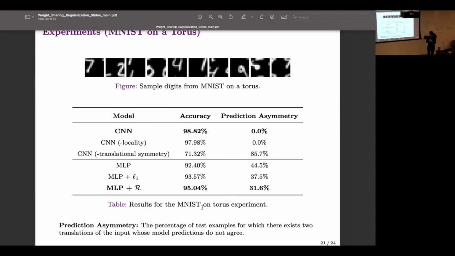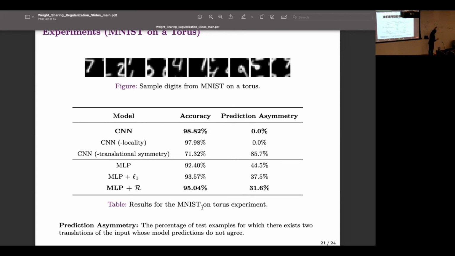Yes, that was it. So here you said you would remove these things by permuting the pixels? Yes. If you permute the pixels, you're basically removing the locality and translational symmetry. What's the difference between line 2 and 3? Locality and symmetry. So, if I'm creating the dataset, do I have